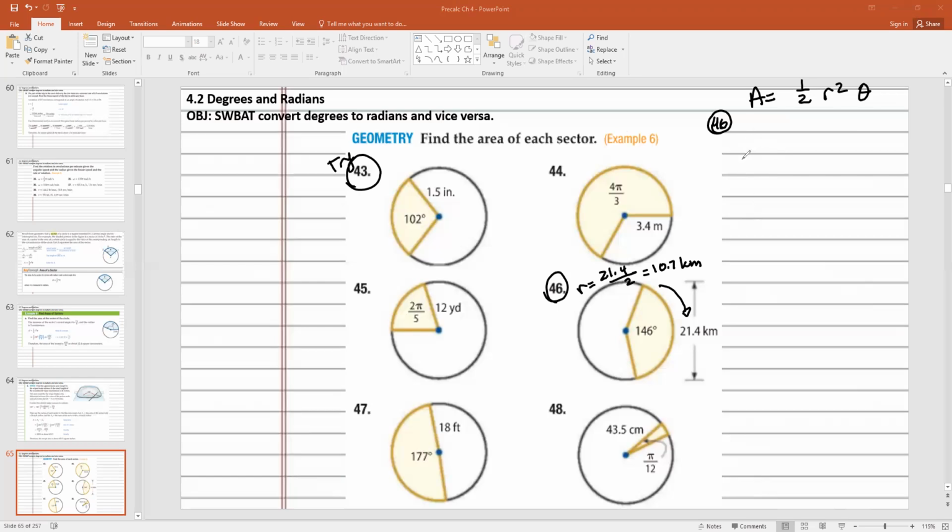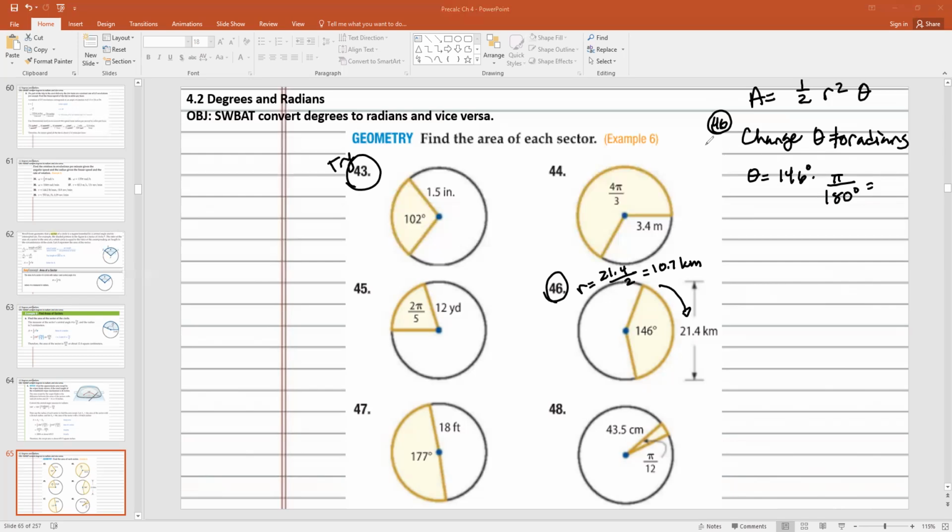All right. So the first thing that we want to do is change theta to radians. So theta equals 146 times, we want degrees to radians, so radians should be on top, pi over 180. That's going to be equal to,